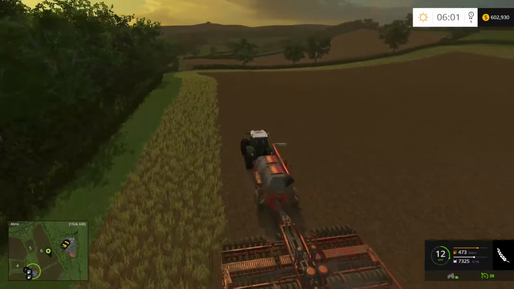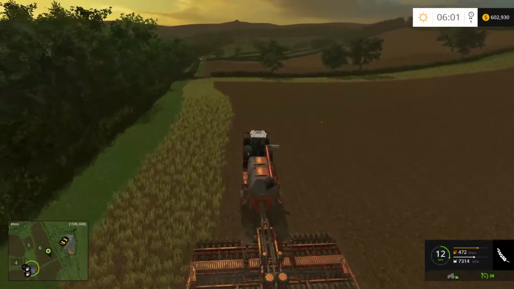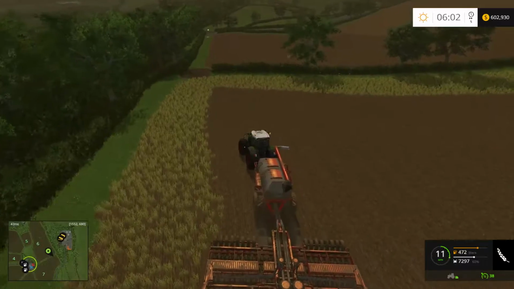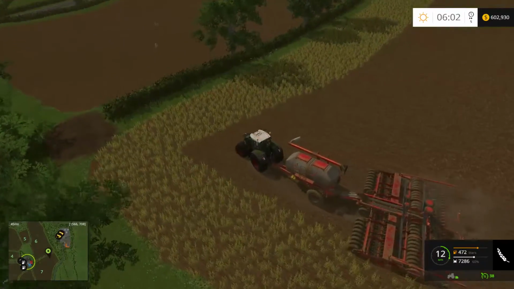doing a little planting out here on field 6. We're planting wheat. At least I'm hoping this is wheat. I'm planting wheat at the moment anyway, let's put it that way. Looks like the first outside piece grew already, so